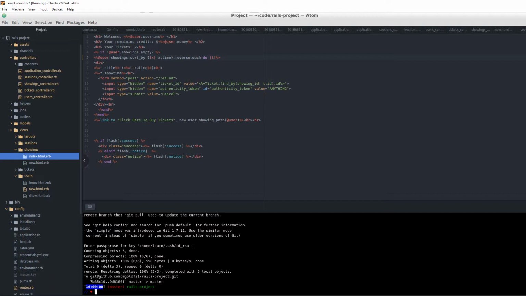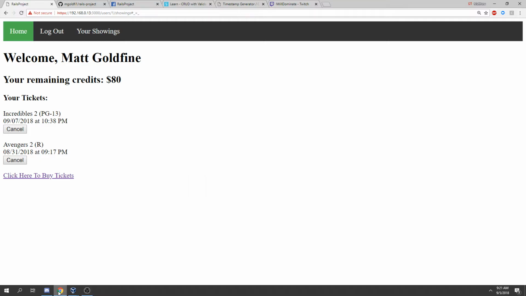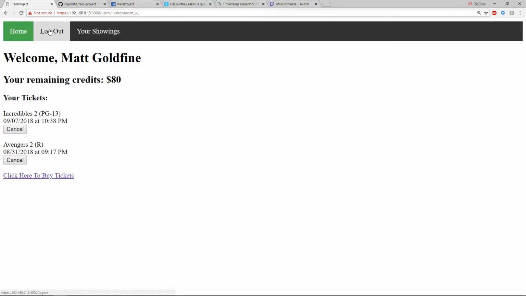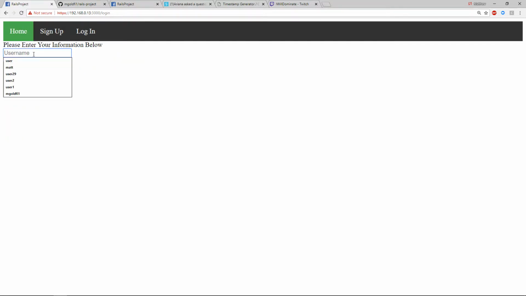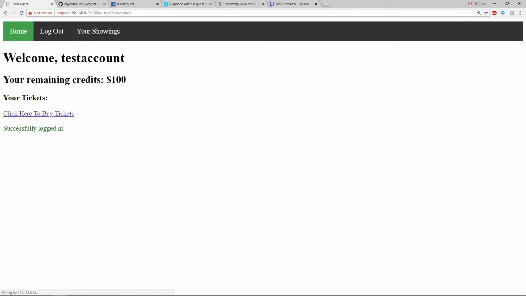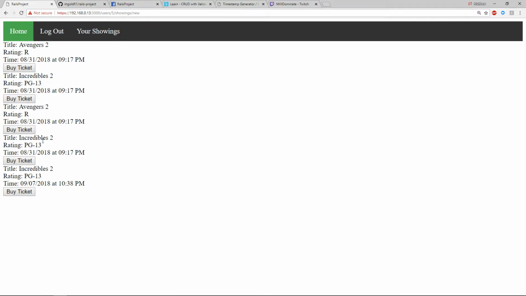Yeah, I'll demonstrate that now, I guess. Okay, so let's go back to the other account just because that one already has tickets. So this was called test account. Okay, so I have 100 tickets, and now the flash message will say successfully logged in. So this is just seed data. Obviously, you would have a bunch of times for every movie,